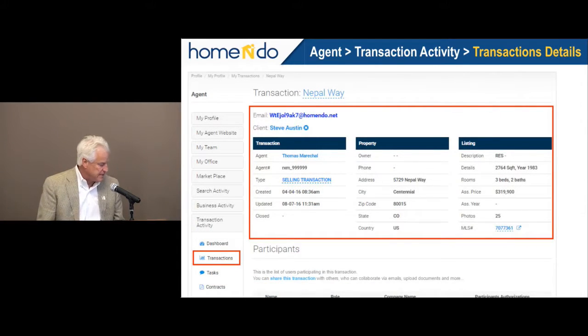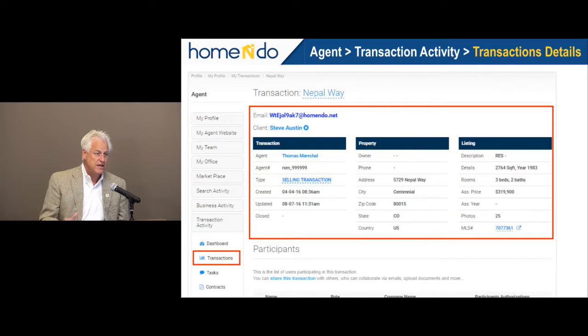So the first box, once it's added, you started a transaction, it creates your unique email address. That's very important because this function now works. We didn't have it active because we had a bug and we worked on it for about 3 weeks, but it's back active now. So if you're trying to add things through your email address, and the best way that I do this is when I set up a client on my